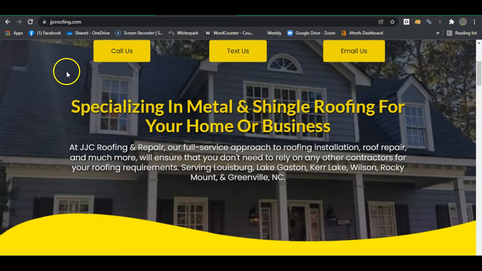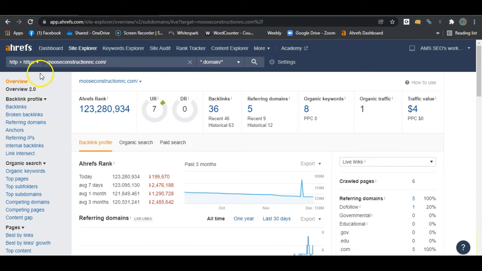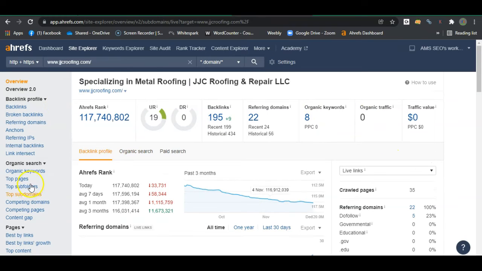So the second factor is backlinks. This is a tool I use called Ahrefs. It shows behind the scenes the metrics of your site, everything that goes on. So as you can see, you guys have 5 websites sending back 36 backlinks. It's giving you a little bit of trust, but no power. And you have 8 organic keywords that you're targeting, which is bringing you one search a month, as opposed to